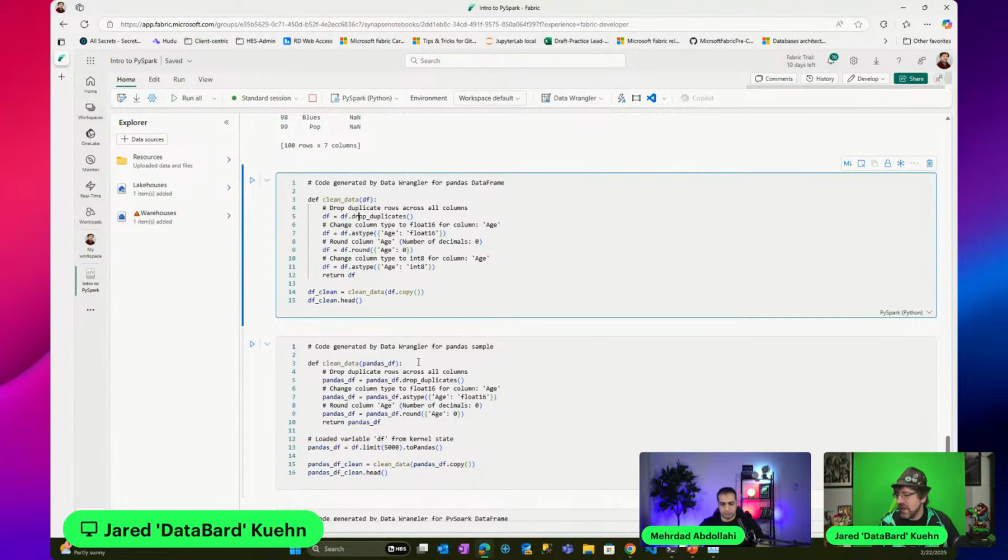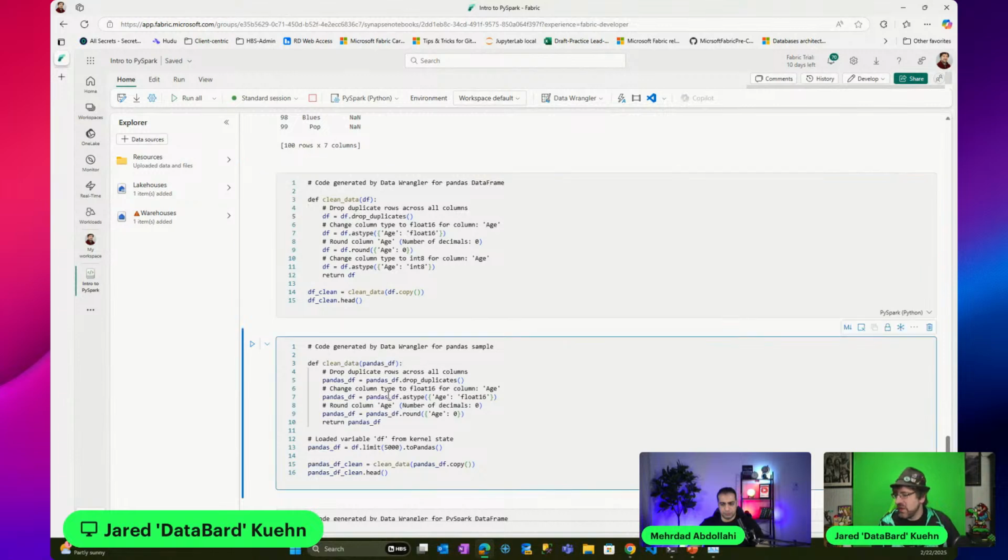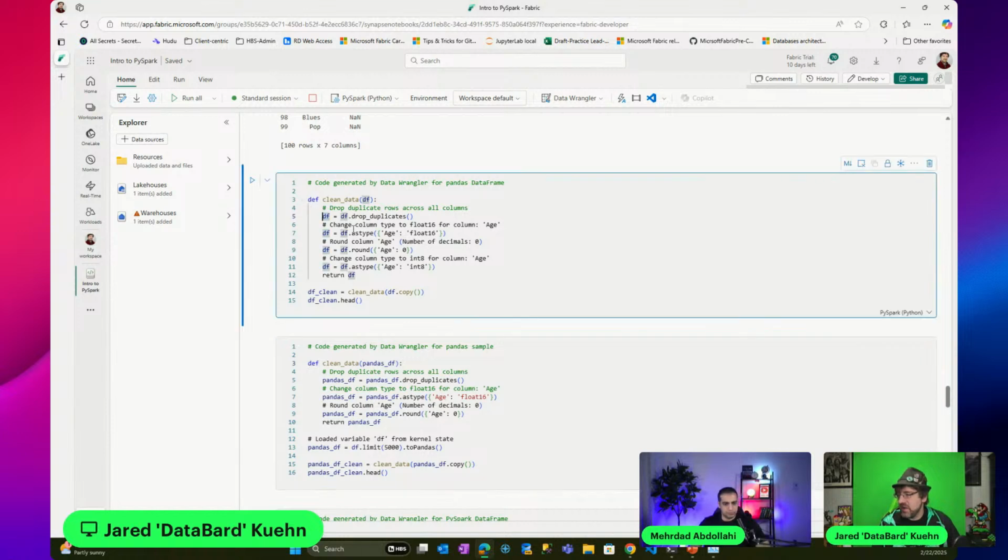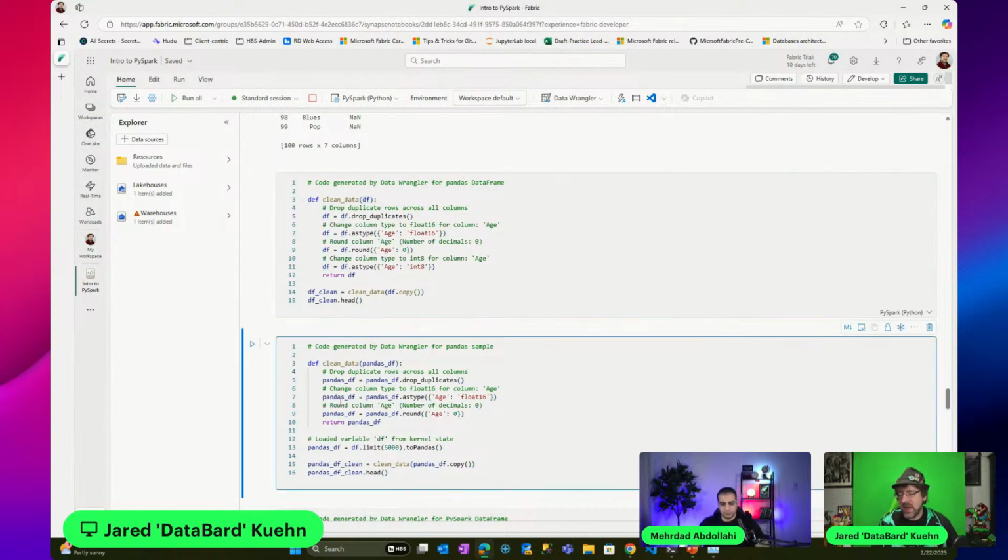Code generated. And in this case, it gave it to me both working with it in terms of more of a Spark approach, which is this top section here, or I can generate it as working with Python, in which case I'm working with a pandas data frame. So I was able to do all of my data cleansing and have it generate code that now I can go in and easily clean my data.